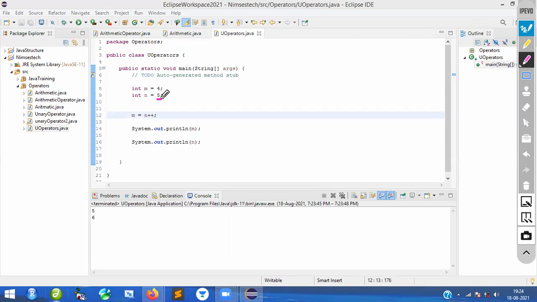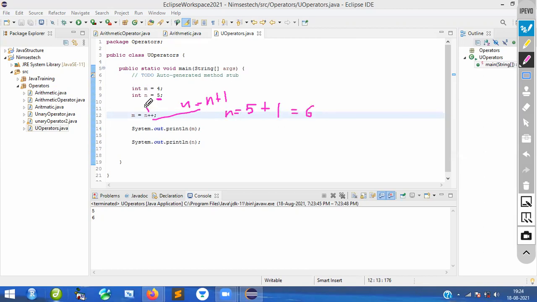Please very carefully see here. What is the value of N? N value is equal to 5. Nothing but what? What is the meaning of this one? N plus 1. Yes or not? N plus 1, that is equal to N. So this is the meaning. So take the value of N, that is 5 I am taking here. Again, N plus 1. What is the value you are going to get for N? That is equal to 6. Basically, you are going to get the value of 6.